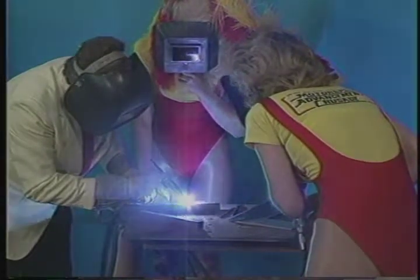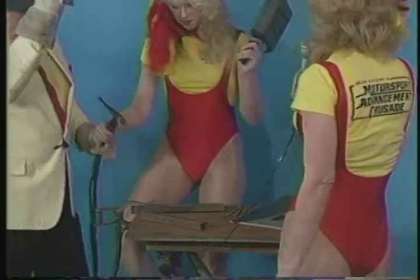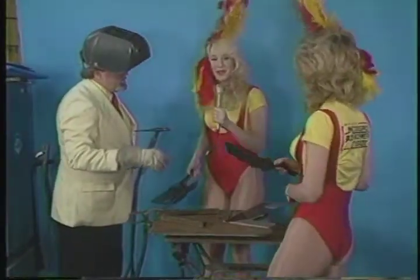Okay, lift off on the pedal. She's real good at puddling. Now, was that hard? No, not really. Okay. It would be easier if we weren't wearing heels, but